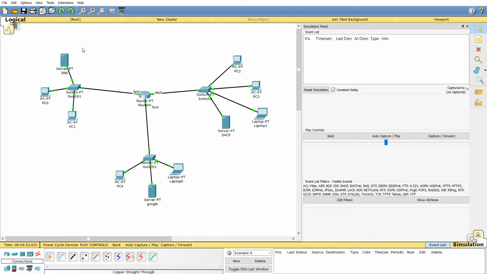And for today we are simulating a LAN topology on the basis of HTTP, DNS, and DHCP. First network is of DNS, second network is of HTTP, and the third one is DHCP. First we are going to do